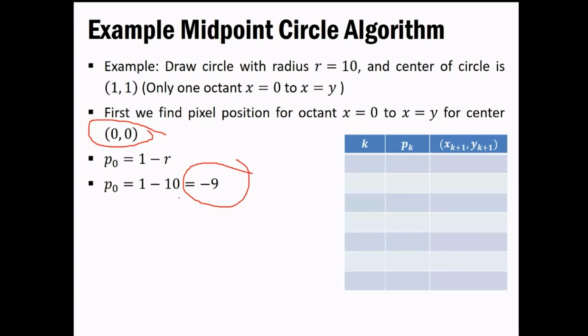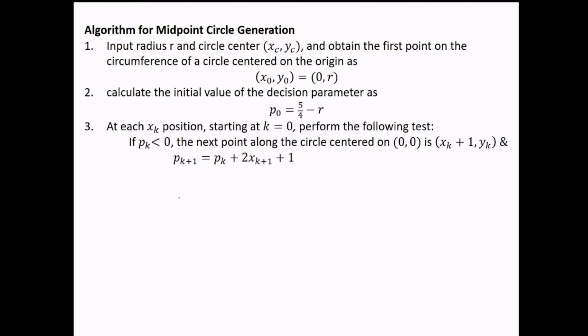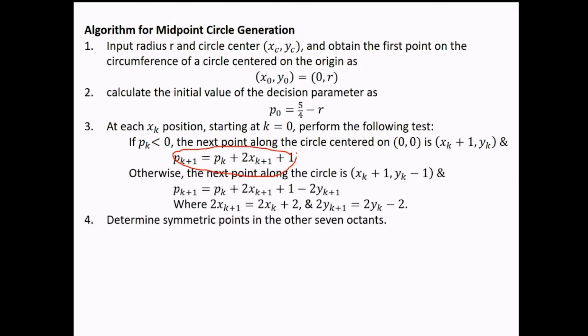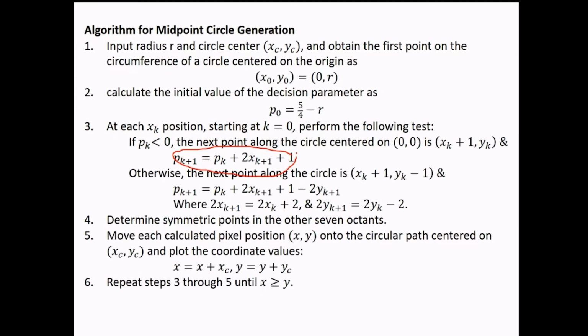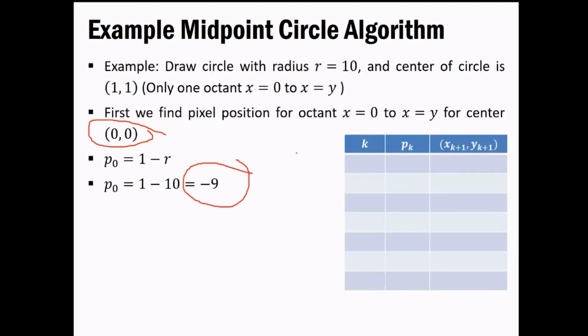If it is less than 0, then we will check the algorithm first. If it is less than 0, then you have to increment the x parameter and keep y as it is, and you will get the new equation for calculating the decision parameter. Basically that would be for p(k+1). So now we have one new equation: p0 plus 1, that would be p1, and you follow similar things. Side by side you can solve it in your book also, so that would give you more idea. Now we have to check these conditions that we saw yesterday. At this position, the initial parameter value is minus 9 in our case.